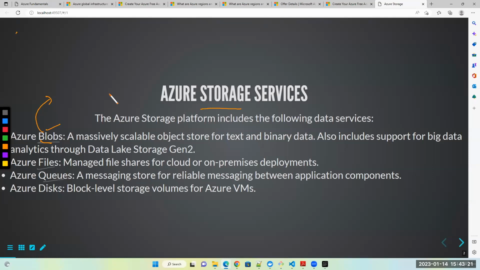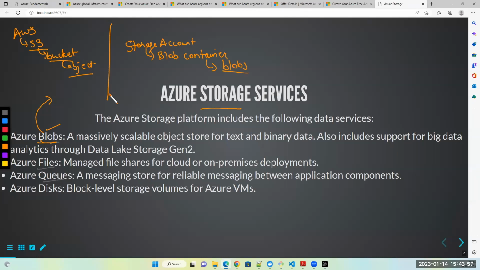So normally what you do in AWS, you create an S3 bucket, and inside the S3 service, you create a bucket. Inside the bucket, you upload an object. So this is a high level hierarchy of how you store data in AWS. In Azure, what is going to happen now? We will look at Azure blob for now. You will have to create something called a storage account. The storage account will help you to create something called a blob container. And inside this blob container, you can create blobs. What are these blobs? This is nothing but objects, you can say. Objects, basically what you're going to upload in your existing